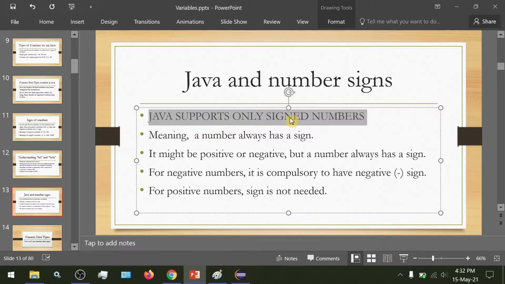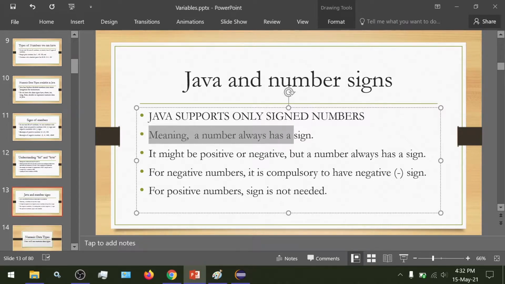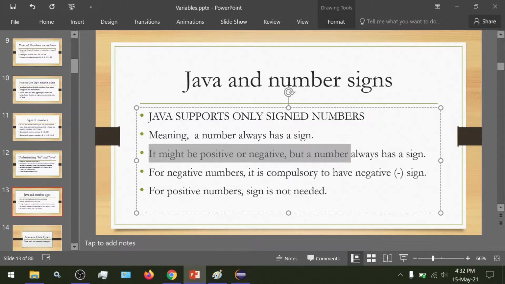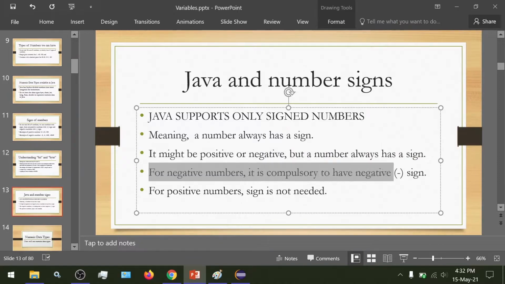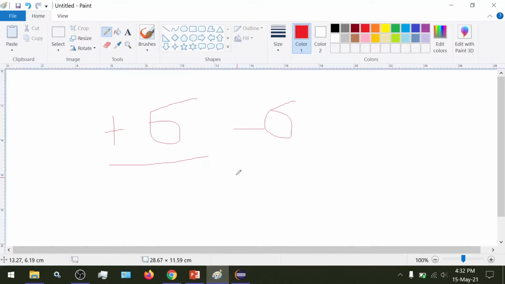So Java supports only signed numbers, meaning a number always has a sign. The sign might be positive or negative, but the number always has a sign. For negative numbers, it is compulsory to have the minus sign along with it. If we want to represent a negative number, we represent it using -6. For positive numbers, it is not necessary to have the plus sign.